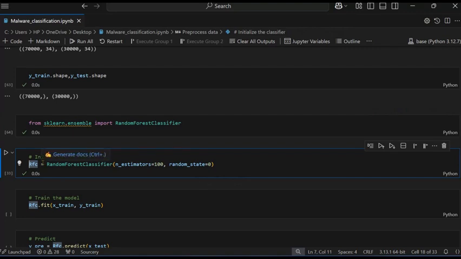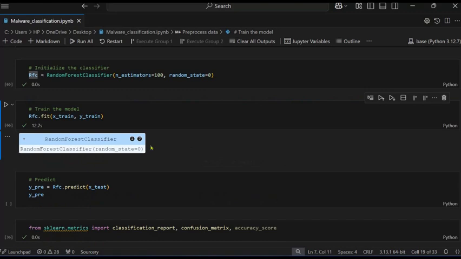I have taken RFC as the variable name because it's a random forest classifier, and then pass the arguments, n_estimators 100 and random state 0. It's also working. Now fit, training the data: rfc.fit where I pass x_train and y_train.